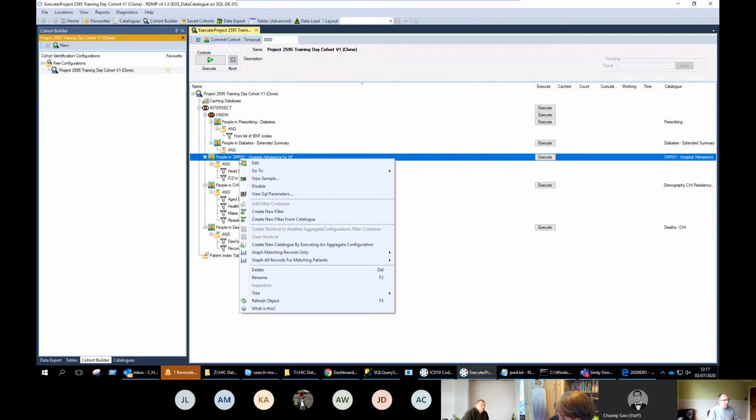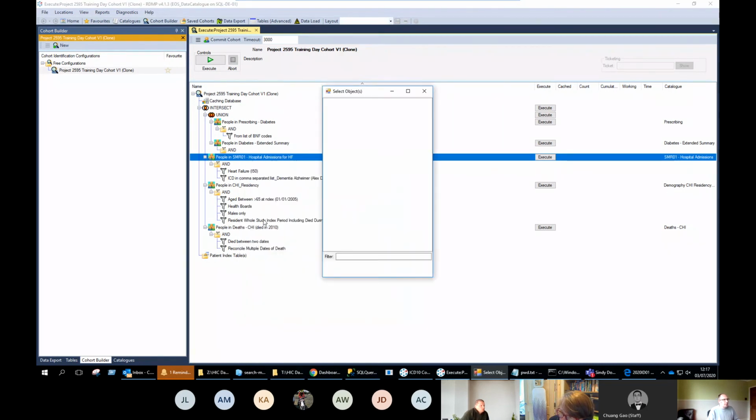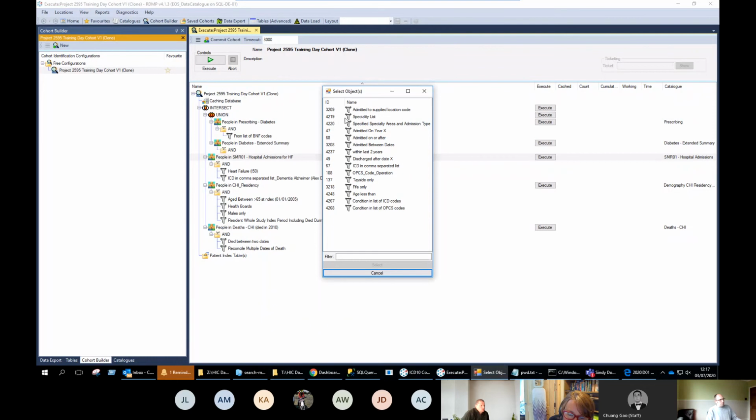So what I'm going to do is use this training day one that I've used in the past. Let's say if I right click in here, so this is a SMR1 filter, and I create from catalog, you can see in this case there's a whole bunch more stuff in here. So this is all about how much setup you do, or your administrator does it beforehand. We tend to find that there's probably about a dozen or so things that you're likely to query quite a lot, and usually a lot of the things just become edits of those.